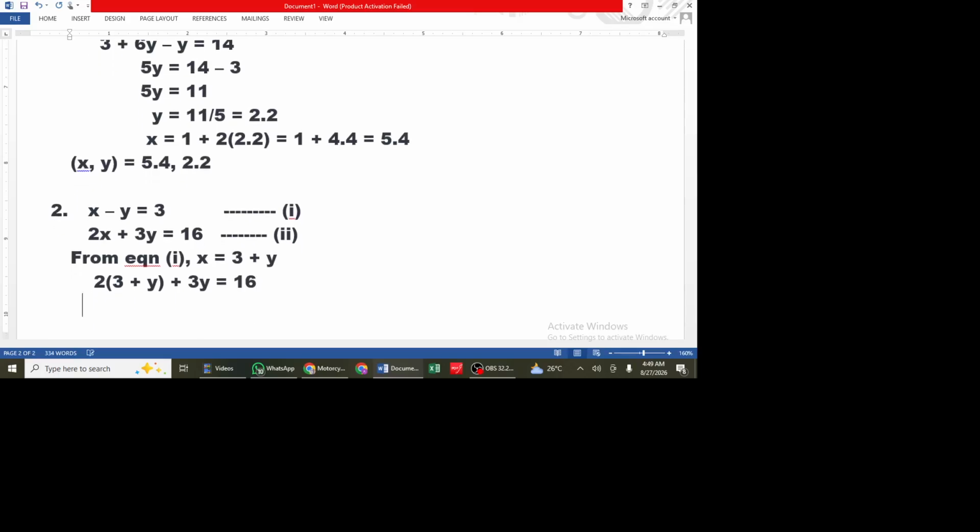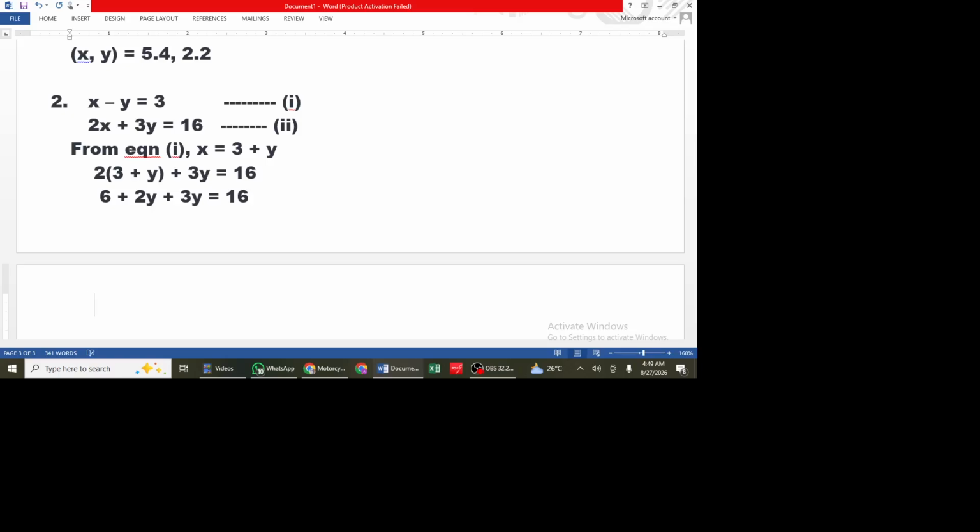From there, you open the bracket, 2 times 3, 6, plus 2 times y, 2y, plus 3y is equal to 16. From there, you collect like terms. 2y plus 3y will give you 5y. Then you carry 6 to the other side, and that will be 16 minus 6. 16 minus 6 will give us 10, and from there you have 5y